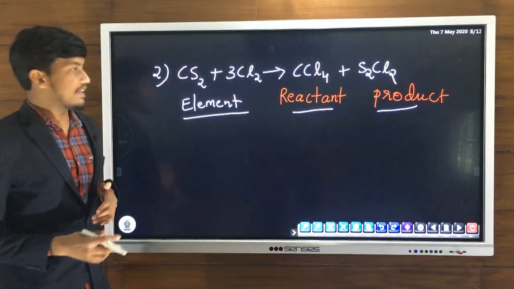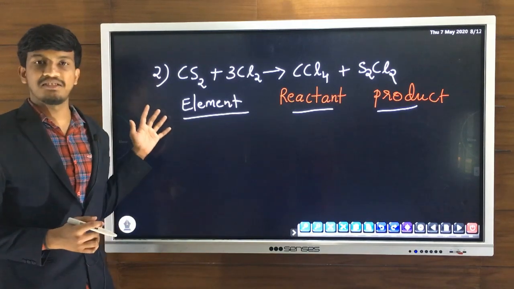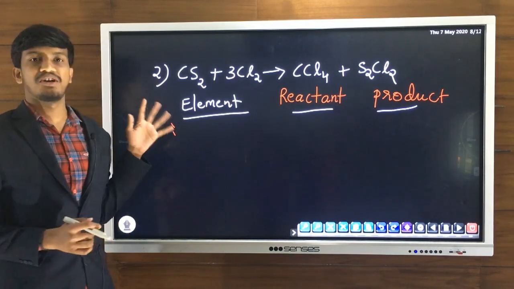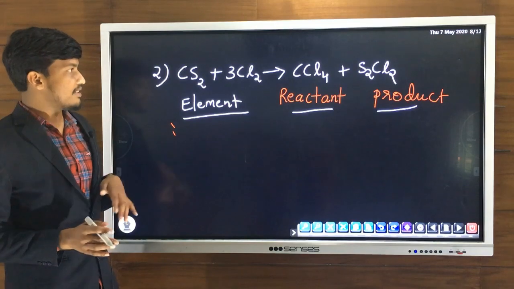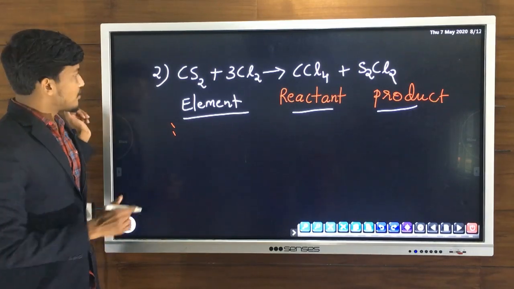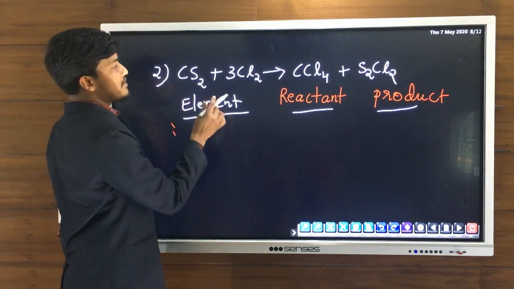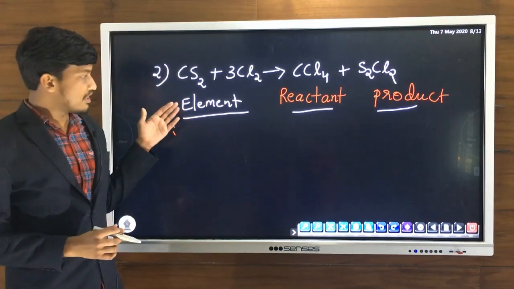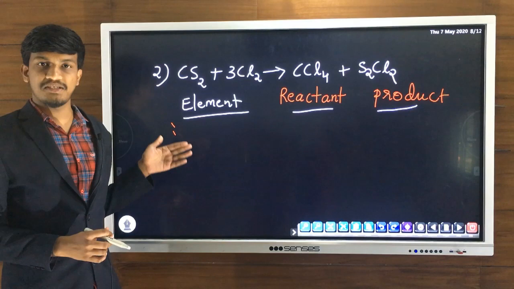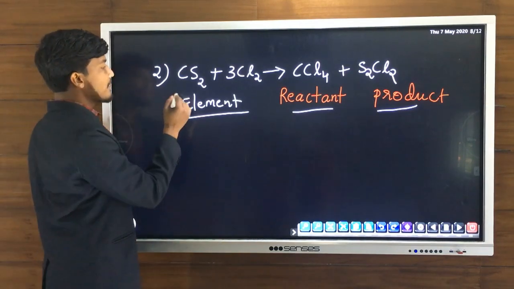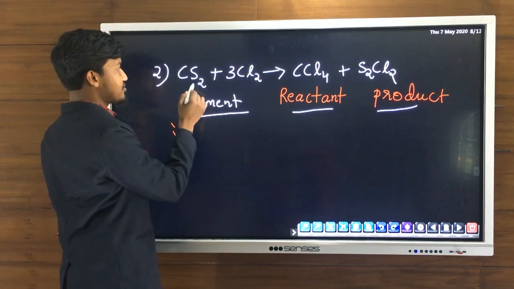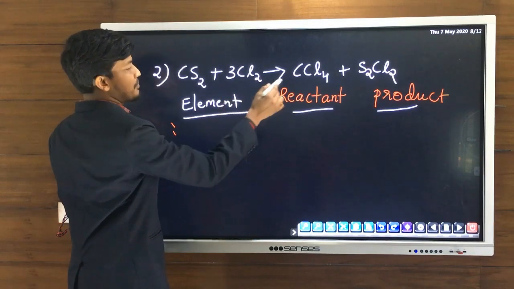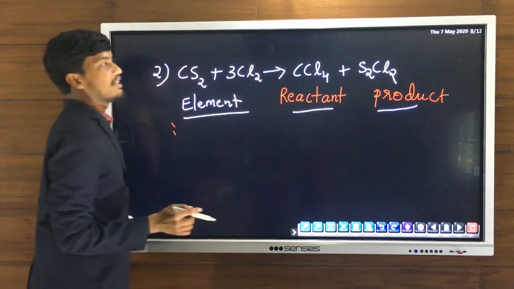Then we have another case. See, it is also a balanced chemical equation. So you have to know how to count the atoms. For practice, we can do this also. In this case, same steps. First, we will analyze the equation and write the different atoms present in this equation. On the reactant side we have CS2 plus 3Cl2 and the products CCl4 plus S2Cl2.